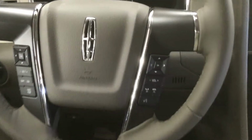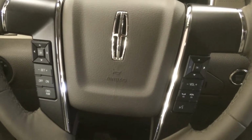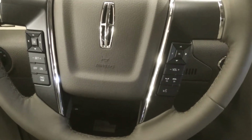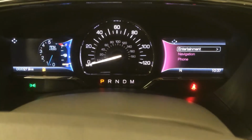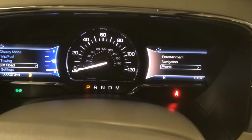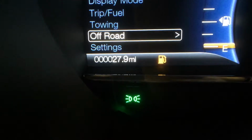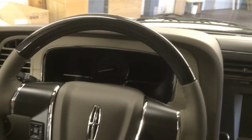We can see our steering wheel controls here. Of course, we have the left and right controls for our displays up on the gauge cluster. We've also got our cruise control, we've got our Bluetooth, we've got our stereo controls. And as we move up top to our dash display here, I warn you, I'm going to use this word a lot, but a really classy looking gauge cluster here. It's pretty simple and it just looks sharp. As we move down to the corner, we can see 27.9, so essentially 28 miles on this still brand new